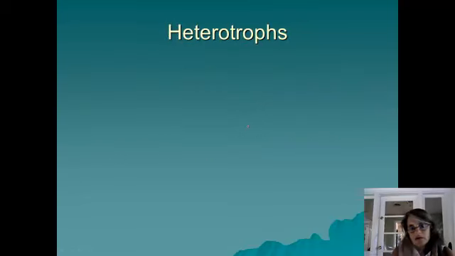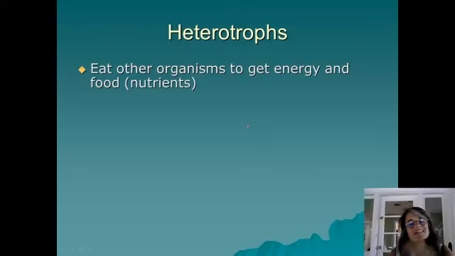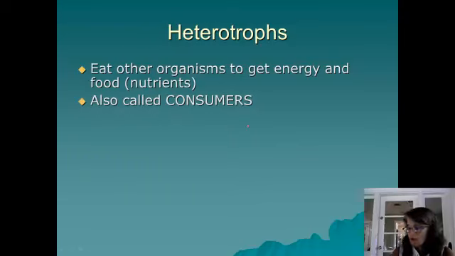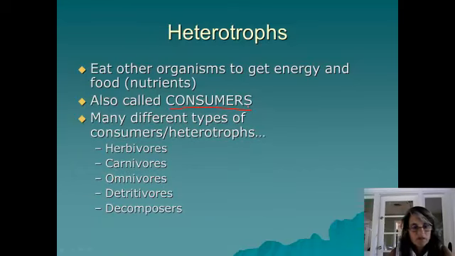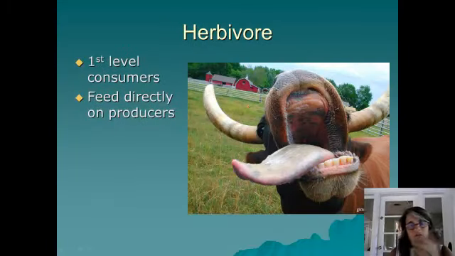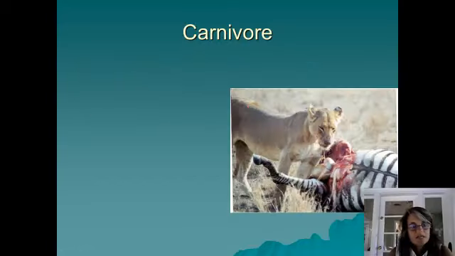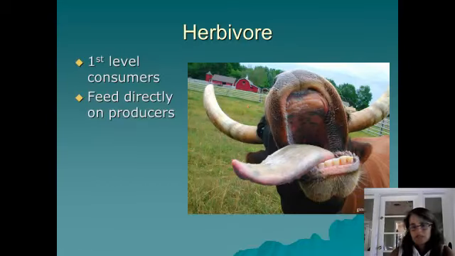Okay? Now, heterotrophs are, of course, organisms that must eat food to get food and thus energy from that food. We also call them consumers. Okay? There are many types of consumers, and I'm sure you're all pretty familiar with these terms, but we're going to go ahead and just quickly go over them. So, if you're an herbivore, you, of course, eat plants, so you're eating plants or perhaps algae or something of that nature. You are eating producers, okay? And you are what is called a first level consumer.